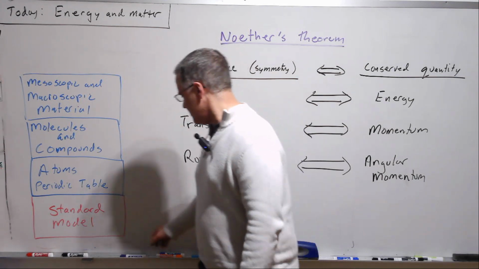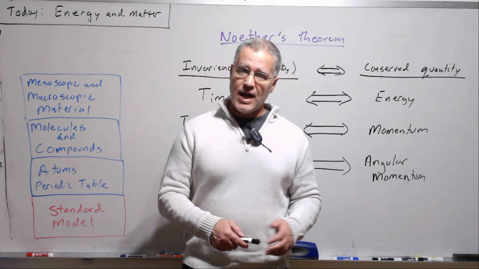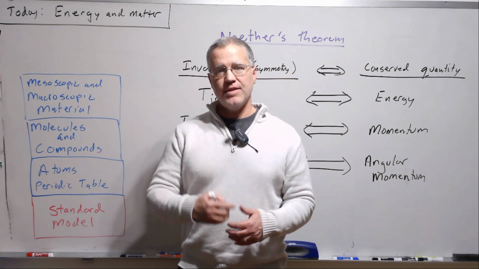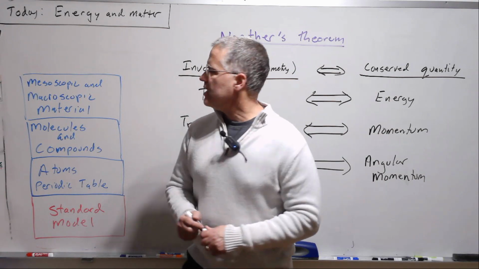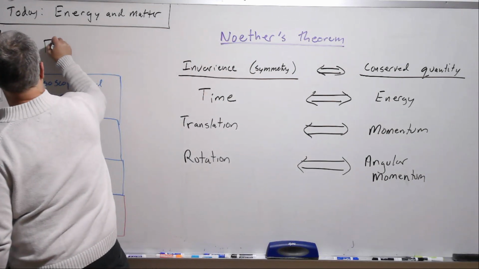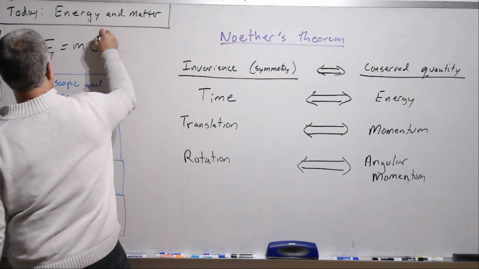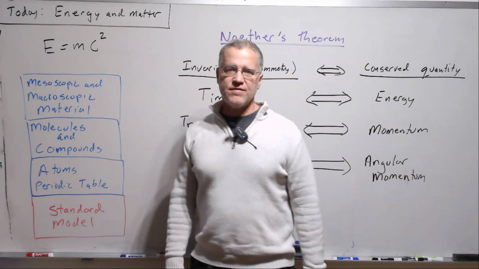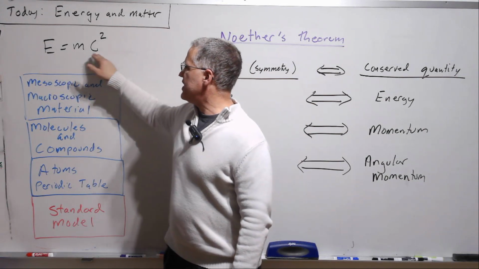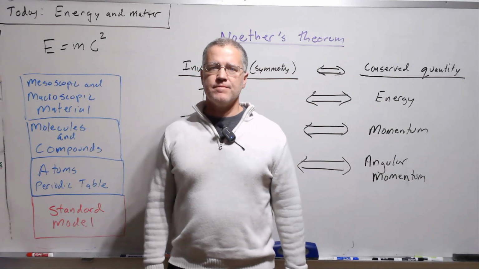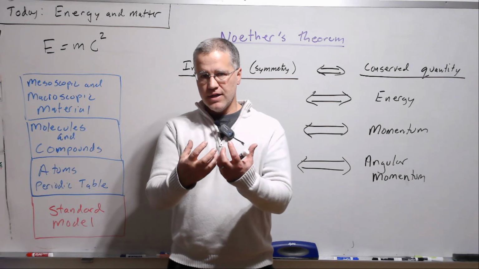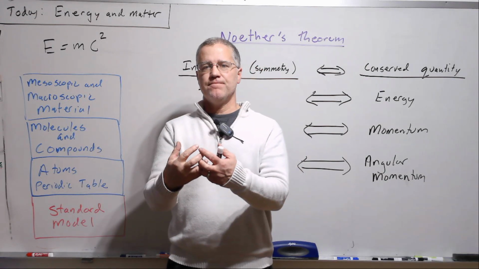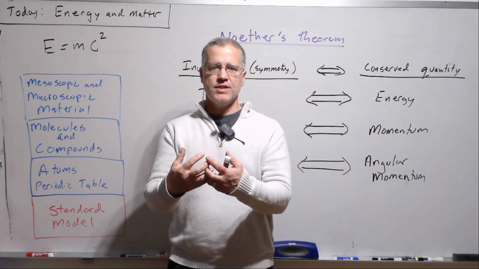Now, in actuality, energy and matter are really the same thing, and they can interconvert according to the famous equation of Einstein, E equals mc squared, where m is mass of the matter, E is energy, and c is the speed of light. So one could have energy that turns into matter, matter that turns into energy, and certainly that's very important.